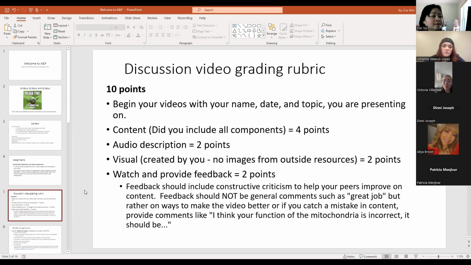Okay, so for example, I had one year a student take an image from the textbook and put it onto a PowerPoint. So technically she created the PowerPoint, but she used an image from the textbook. That does not count. Okay, so the visuals, the image must be drawn by you or made by you. I had a student that was so good at graphics that I thought it was from the textbook, but they made it themselves. So as long as you create them yourself, the images or model,